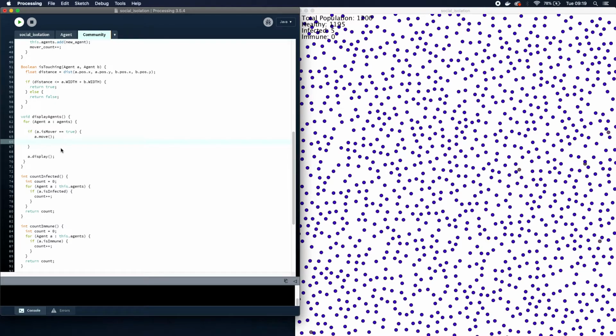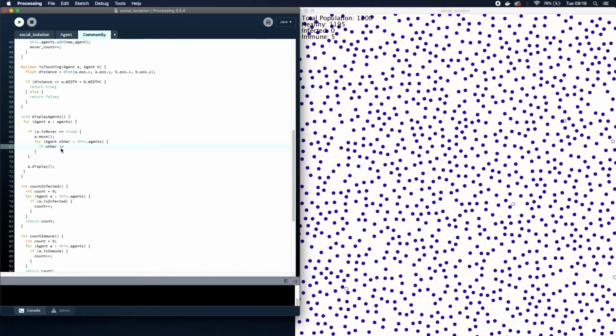So I want to do a.move, and then for agent, what should we call them, other in this.agents, if other does not equal A. I'm really sorry for calling this A, but it is what it is. If the other is not equal to A, so if it's not itself,